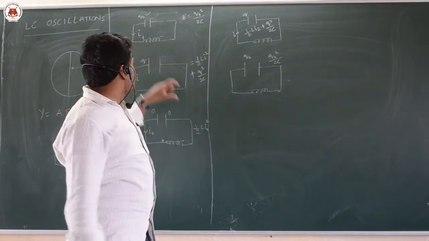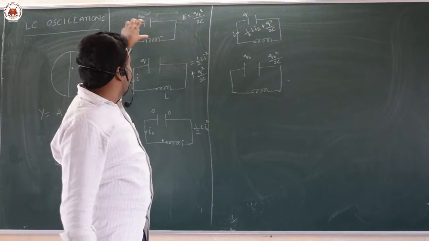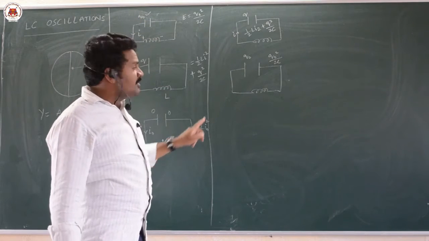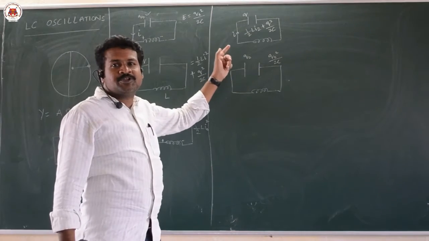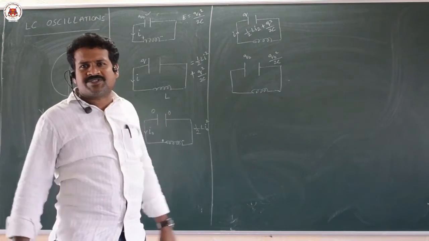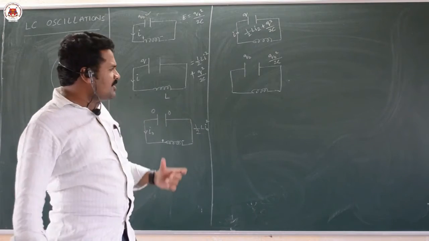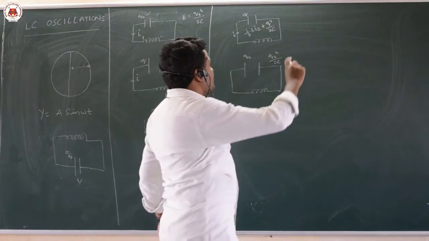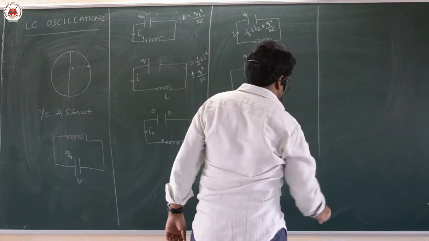So what is oscillating here, which physical quantity is changing? That means energy. First the energy is associated with the capacitor, then converted to the inductor, and the energy associated with the inductor is converted back to the capacitor. So this cycle continues, and this kind of oscillation is called LC oscillation. For this we can derive one formula.